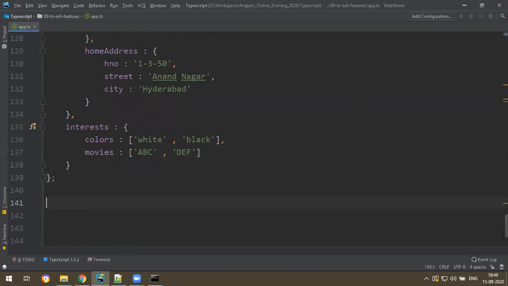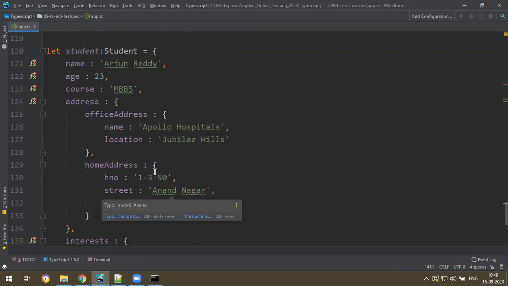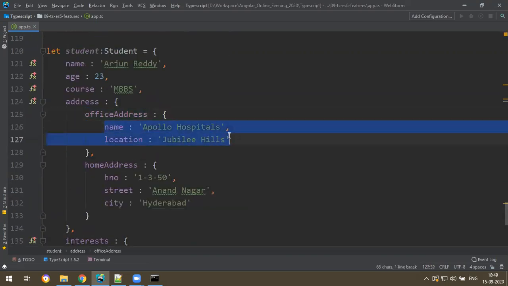Fine. Now tell me, let's start with the destructuring concept. Before destructuring, I want to print office address name and location. Tell me what you do. Student dot address dot office address dot name.